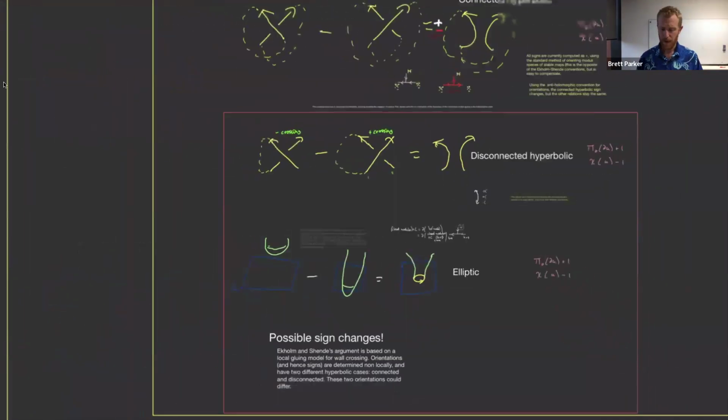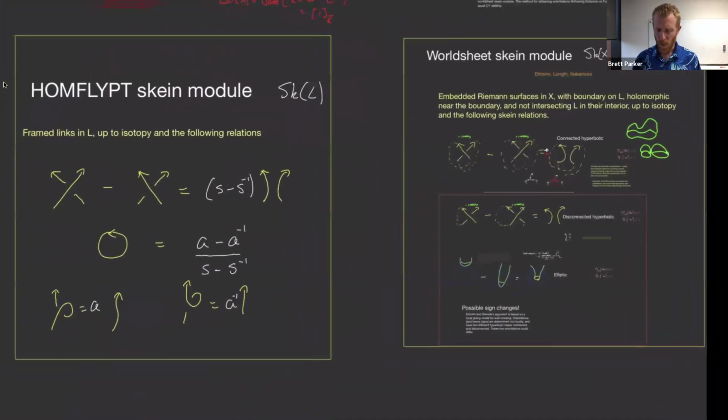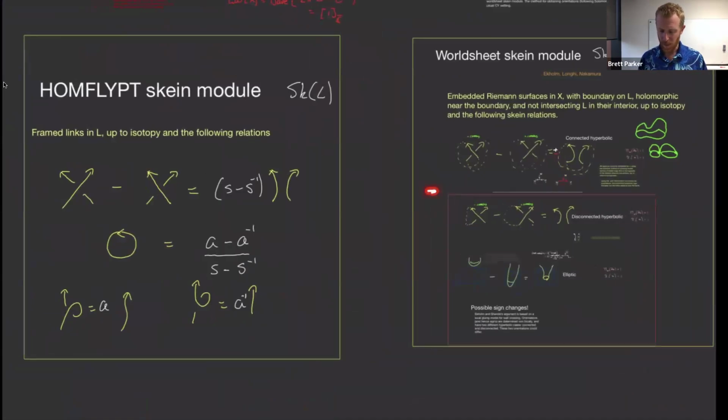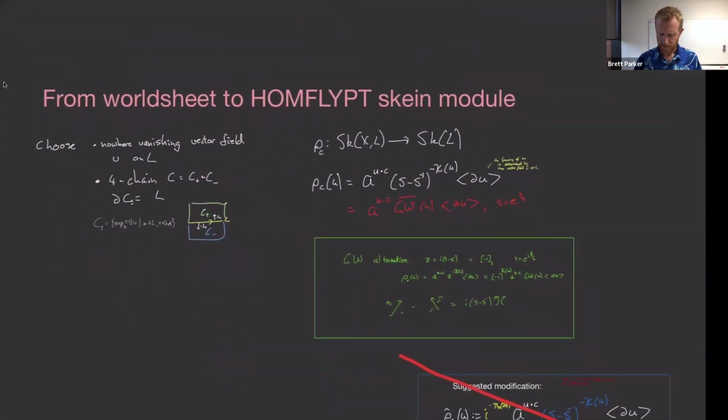Okay. So the point is, we need to relate these two Skein modules. A priori, it's not obvious that a worldsheet Skein module like this is non-trivial, but there's a way of mapping the worldsheet Skein module to the Humphrey Skein module using extra data. Okay,